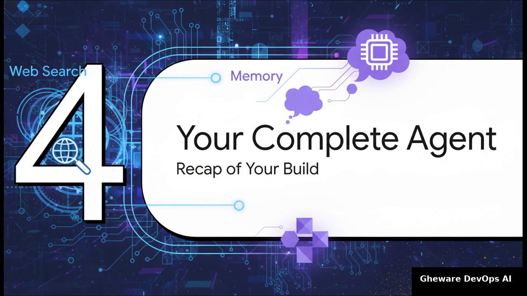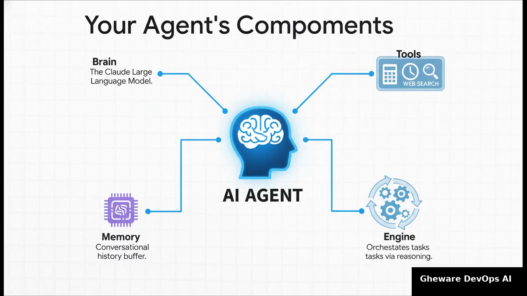Okay, let's just pause for a second and take a step back. We've been deep in the weeds with the code, but it's really important to look up and appreciate the complete, powerful system you've just put together. You've built a whole system. It has a powerful brain using the Claude model. It has a versatile toolkit with a calculator, a clock, and access to the entire internet. It has a memory to carry on real conversations, and it's all orchestrated by the React reasoning engine. This is not a toy. This is a genuine foundation for building production-level AI agents.